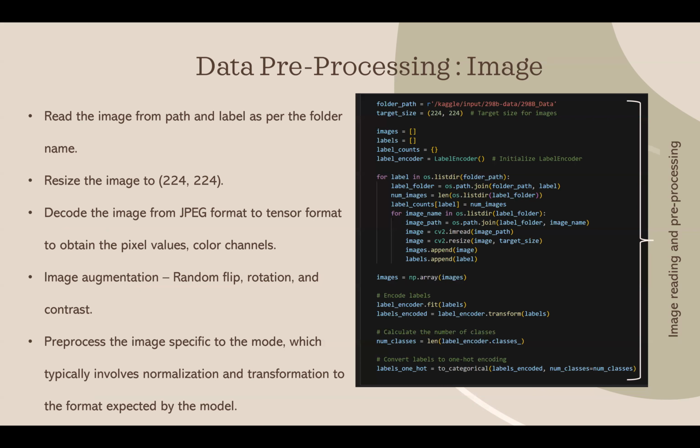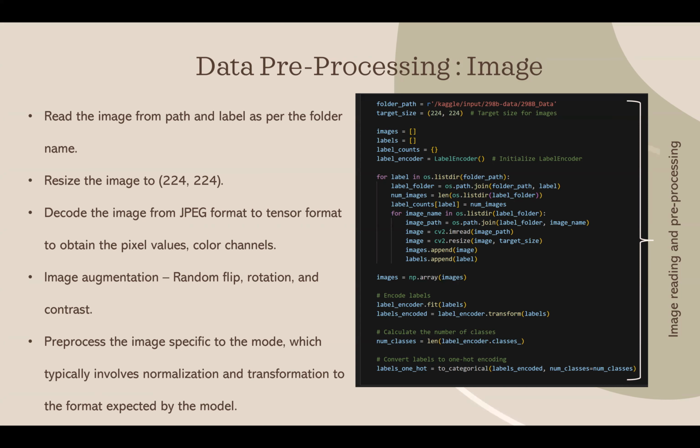So coming to the data pre-processing for the image data set. Instead of manually labeling all the images, we automated the process by labeling each image when it reads the file from the folder. The folder name will be the label for the images. So that's the first step. As you can see in the code, the code depicts whatever I'm saying about the labeling part. Then we resized the image to 224